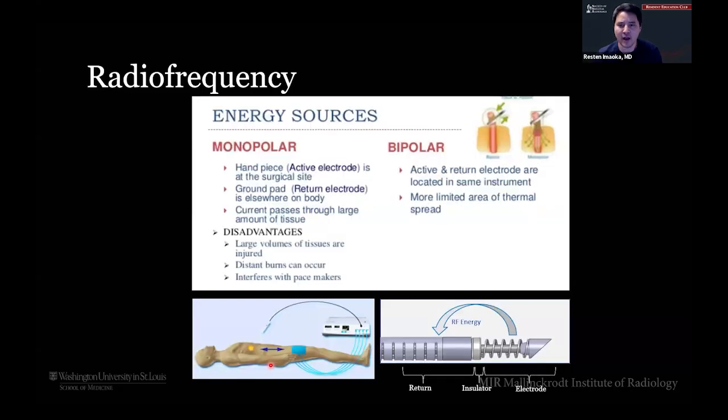When we talk about how it works, we still occasionally do see people that are using monopolar devices with RF. But really, when it comes to tumors, the bipedicular approach, the main hitters are all bipolar, where you've got an active and return electrode in the same instrument. And that limits the area of thermal spread, but notably does not have the disadvantages of monopolar, which are large volumes of tissues that get injured, distant burns, especially at your grounding pads if that's not appropriately put on. And then also, monopolar can interfere with pacemakers too, right? So bipolar for tumors, essentially everybody is using these now.